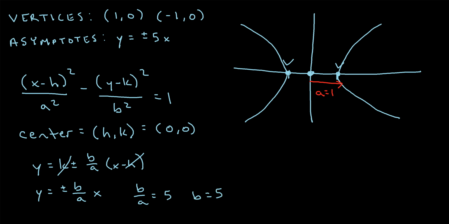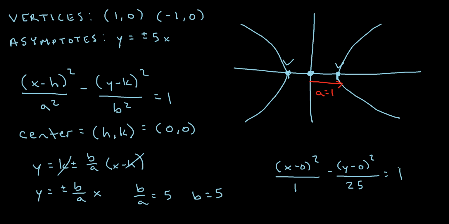So now we know a, and we know b, so we can write our final solution as this. (x minus h), so h is 0, squared, over a squared. We said a is 1, so 1 squared is just 1, minus (y minus k) squared, k we said was 0 as well, over b squared. b we just found was 5, so b squared is 25,